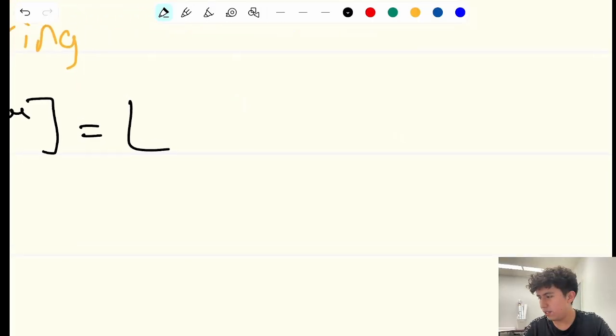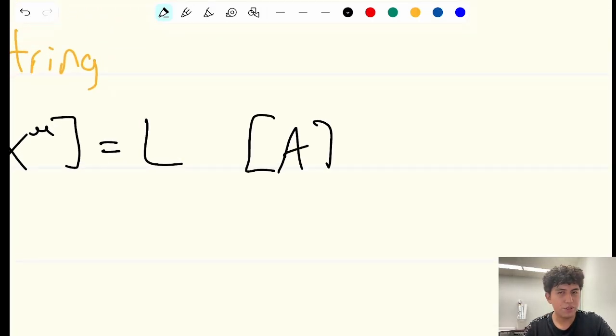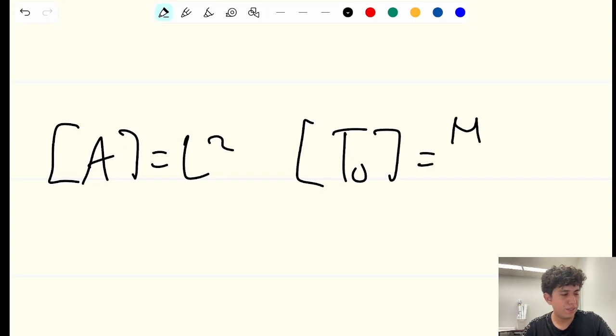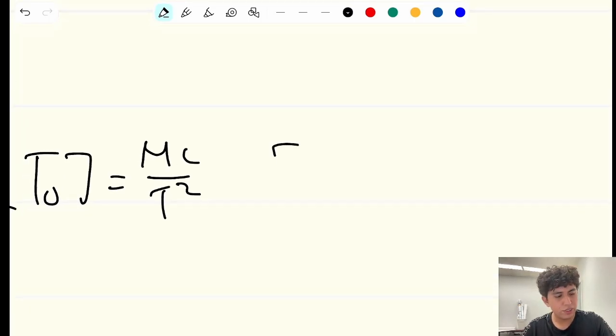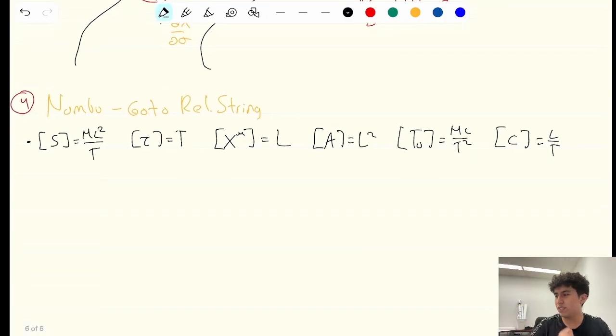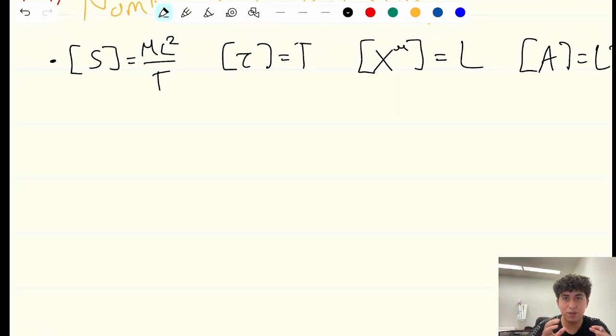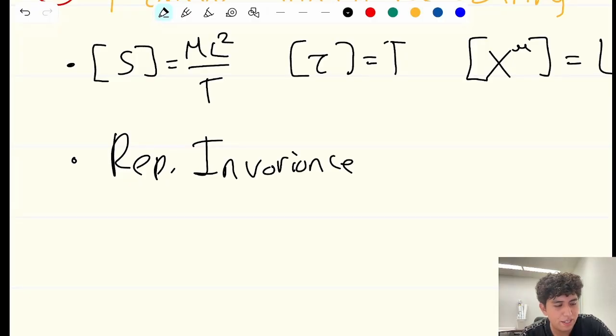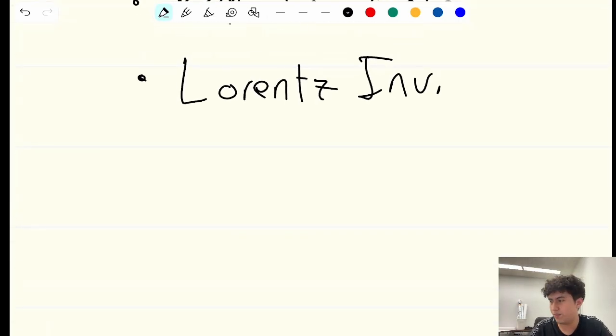This is going to be L, just length, so area is length squared. Then the tension is going to have units of mass or tau squared. So these are all the parameters that we have in our theory. In terms of all these parameters, the only way we can combine them to have reparameterization invariance, so that if we change coordinates the action stays invariant, and also Lorentz invariance, so it doesn't depend on the observer,